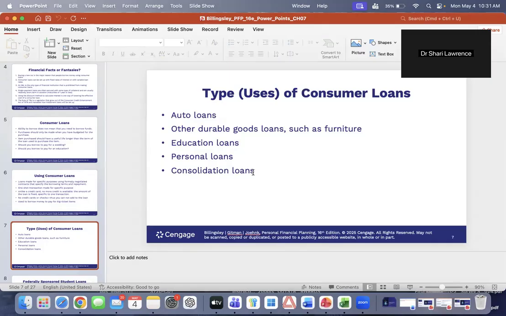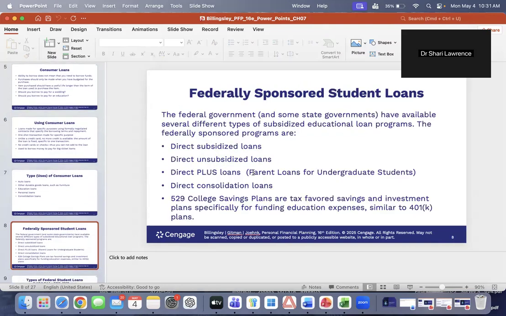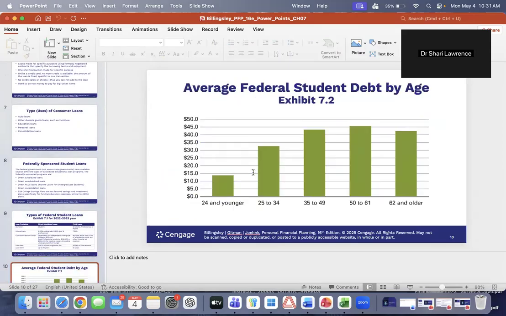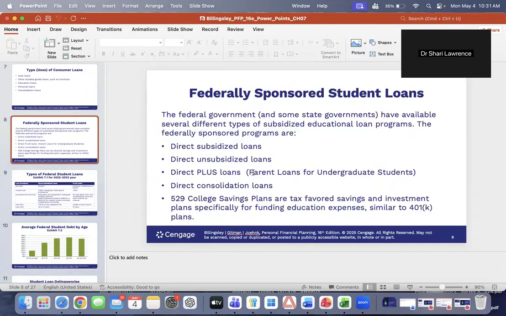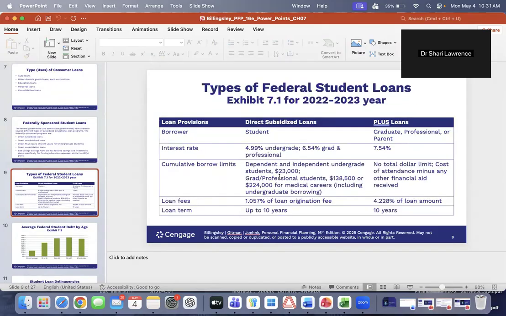But if you just want to get a personal loan for whatever reason, a wedding, going on vacation, then there's no collateral backing that loan. So the interest rate's going to be a little bit higher than a loan that's backed with an asset. Okay, so just make sure you know the types of consumer loans, and that auto loans are the most common. All right, I'm going to skip all this about the student loans. Just read what the different types of student loans are. That's about all you need to know there.